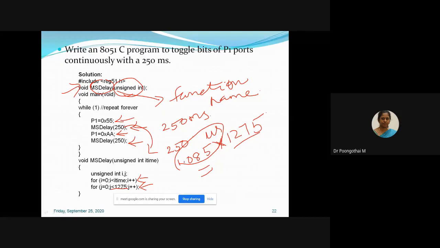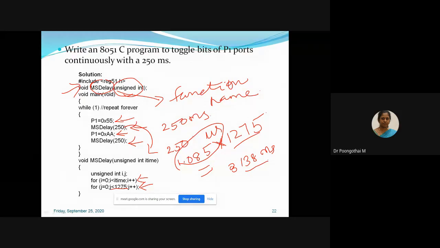Please tell me. 1.085 into 1275 is approximately 138 millisecond. It's an approximation method: 1275 into 1.085 microsecond. Based on the delay, you can increase this value.